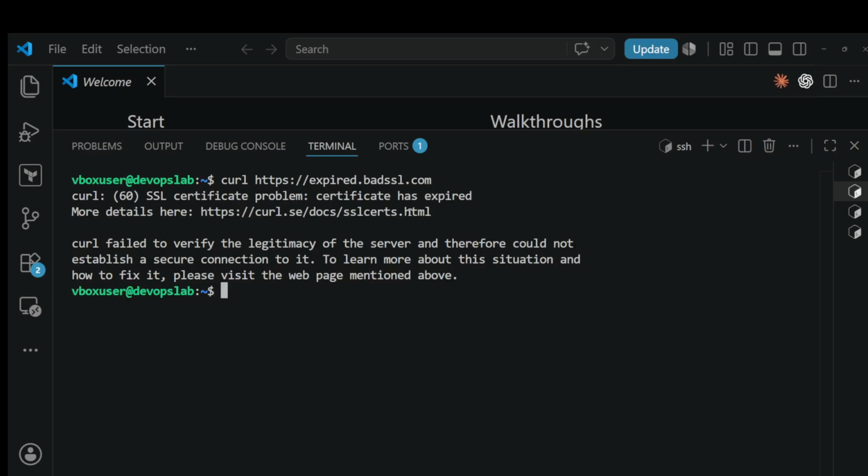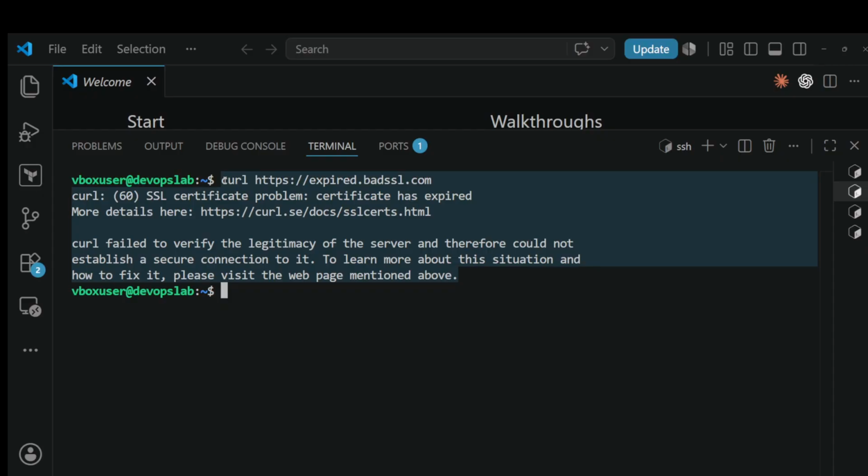Production is down, customers can't log in. Kubernetes is healthy, Docker containers are running, DNS works perfectly fine. TCP also connects, yet nobody can access the application. Why? Today, we are going to solve this production incident, and by the end of this video, HTTPS will never